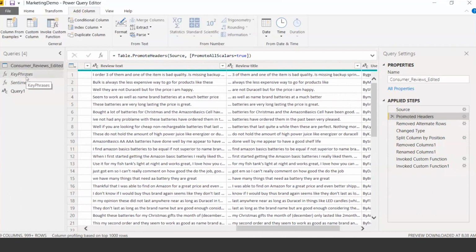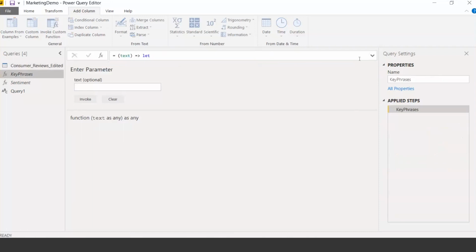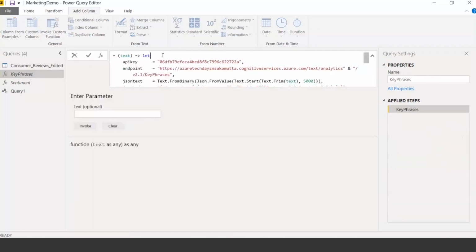So the first one I'm going to talk about is the key phrases API. It is one of the sample set of APIs from the Text Analytics API, and what it basically does is pick up the important words from the text. The way you do it is a small bit of code. The language is called M, but it's very straightforward. You will get this sort of information online itself. So the way you create it is, you create a custom query for your data source, and you embed the API key in there that you get once you sign up for your subscription, and you call the key phrases API.